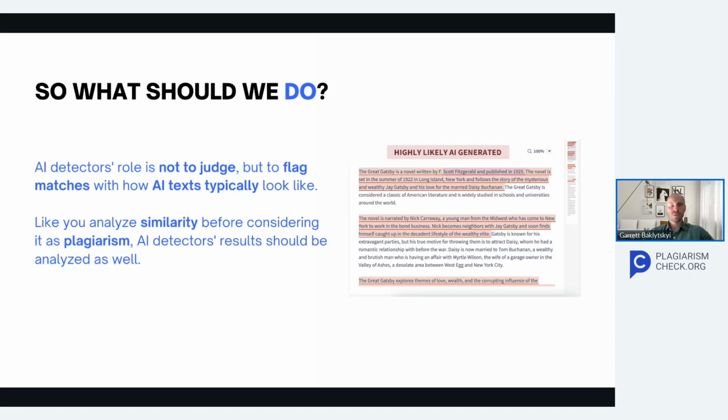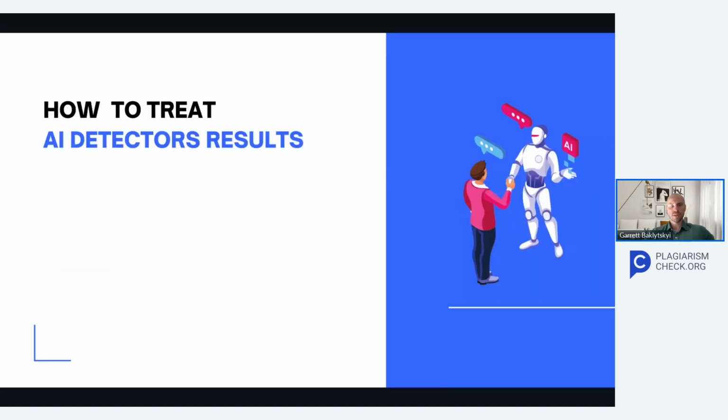Or it can be a match with other students if they take the same instructions and add them to their assignment. So they will have the same text from the beginning that is similar between students, but you know that those are instructions, they are the same. So you do not consider these as plagiarism as well. Plagiarism detector and AI detector results should be analyzed before making any decisions. And now let's discuss how to analyze AI detector results.